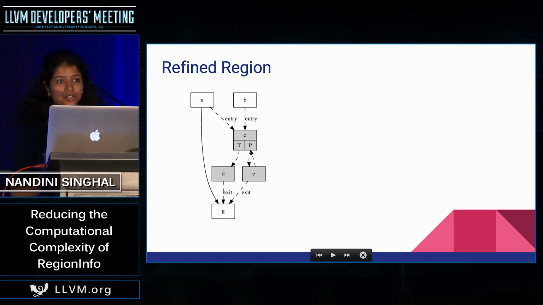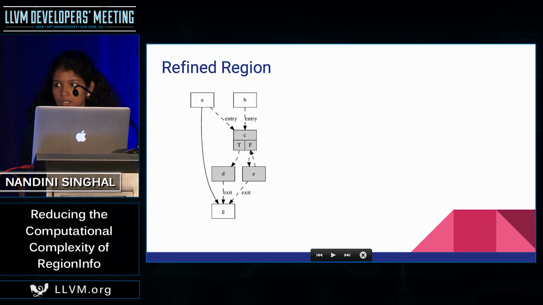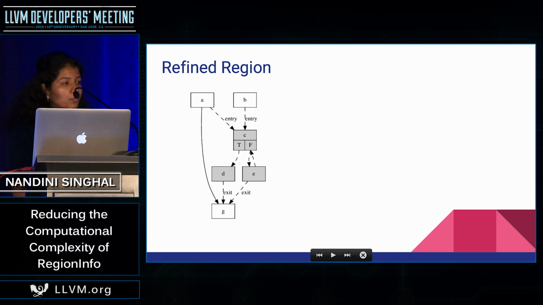So, what are regions? Here we are interested in identifying the refined regions. So, what are refined regions? You have a CFG and a sub part, or a subgraph, of a CFG, which is like this, which has multiple entry, multiple exit, and a unique entry and a unique exit block. An entry and an exit can be formed by merging the multiple entry edges and adding a dummy node to the subgraph. So this is a representation of a refined region.